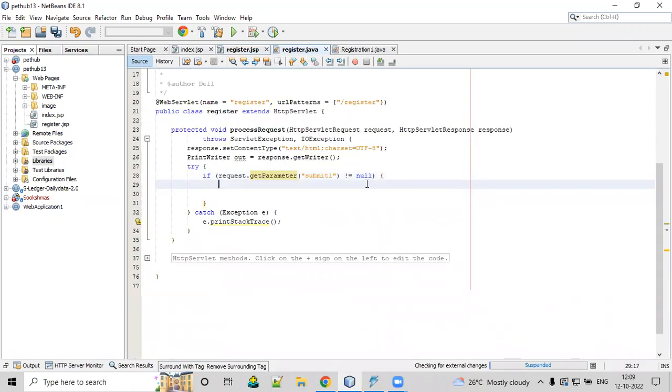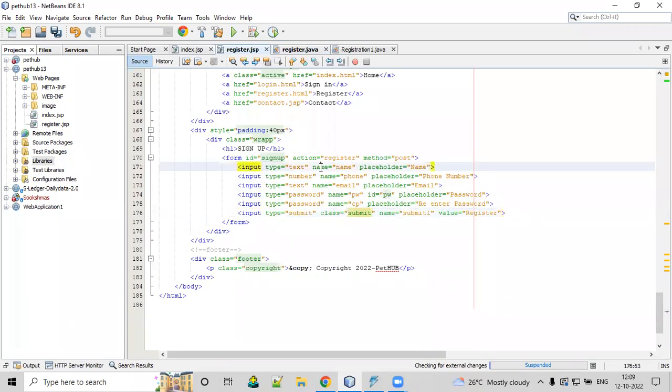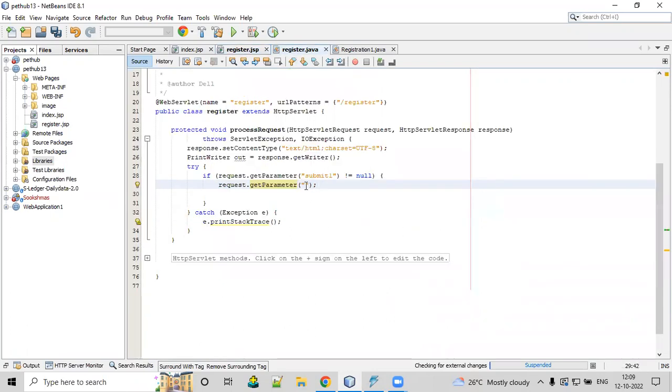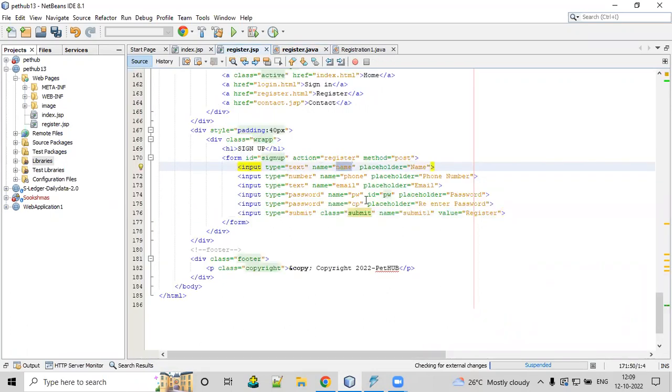Okay. So for that also I'm going to make use of request.getParameter. In a similar way, request.getParameter of what is the first input field I have entered? Name, right? See, name is equal to name. We have to take this value to a servlet. So that's why in the last class I mentioned this name is important for two reasons. One is for the form validation and one for taking the values from JSP to a servlet. This name parameter plays a very good role. Okay, so name,